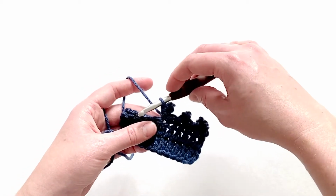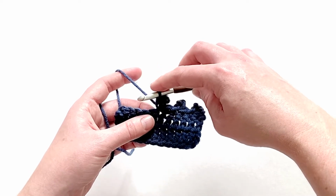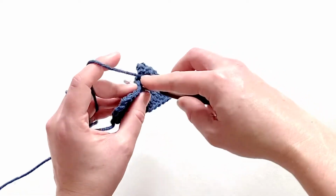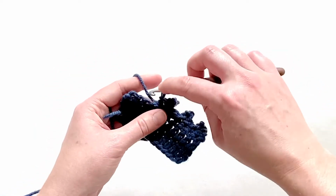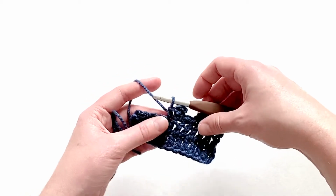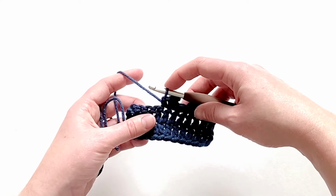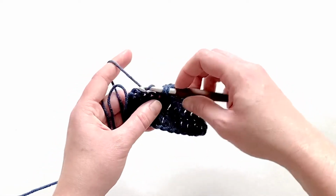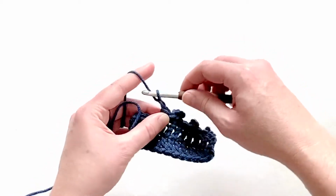Now, as I mentioned, I'm following a pattern of picot on every other stitch. So that means I'm going to have an empty single crochet here next. I call it empty because it's just a single crochet. It doesn't have a picot worked on it. So I've got my empty single crochet and I'm ready to do my next picot. So I'm going to single crochet the next stitch, chain 3, 1, 2,